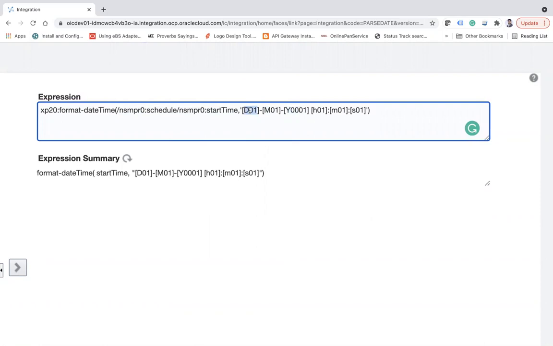DD will give you 2-digit day, 2-digit month, 4-digit year, and then HH, colon MM, colon SS means seconds. So when you are passing the start time, this date will be converted into this particular format, and here the date will come